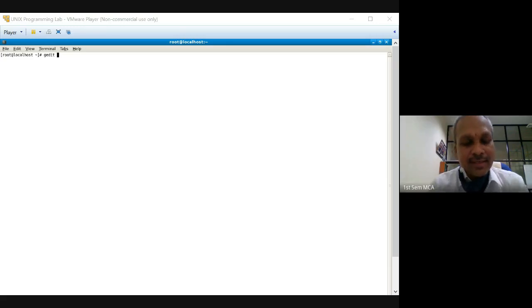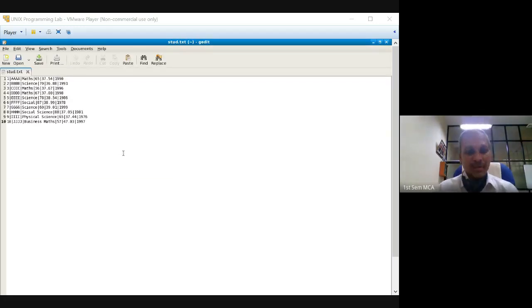Considering that, for today's class, let us redo the file you have taken yesterday with some additional fields, but a proper delimiter. Have a look at this file. I have removed all the spaces or tabs which were delimiters, and I have inserted a pipe as a delimiter. After one there is a pipe, after the name AAA there is a pipe, after the subject maths there is a pipe, after the marks there is a pipe, and I have added two more fields for our discussion today.